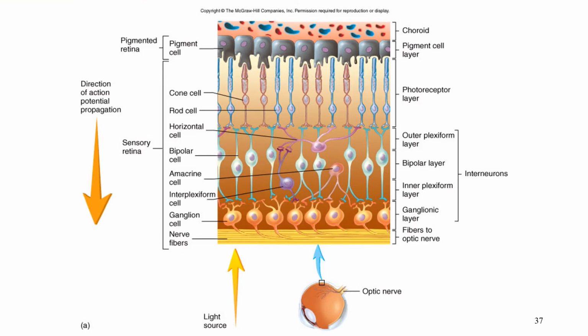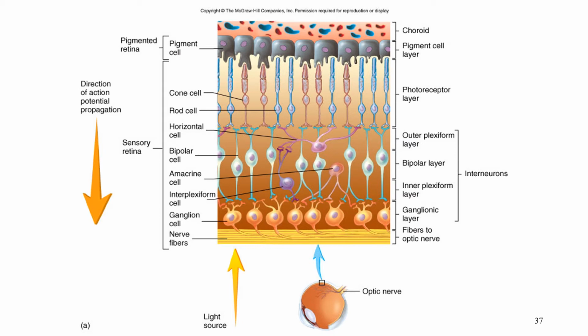So how does the stimulus travel along your eyes, going to your optic fibers? Okay, so basically in the image that you see here on your screen right now, the direction of the action potential propagation is coming from your pigmented area of your retina, going to the fibers of your optic nerves. Okay, so basically the stimulus would be coming from the source of light. Okay, so in the eyes, you will see again your pigmented retina,